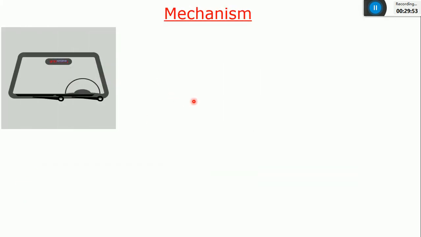Okay, I'll try to show the animations of mechanism. So this is a wiping mechanism, correct? So this is a wiper. Behind this, it will be connected to a small motor and a 4-bar mechanism. Okay, then only can it transfer the force from the motor into oscillating motion, so that you can wipe the water which is present on the front glass of your car. Okay, this is wiping mechanism or wiper.